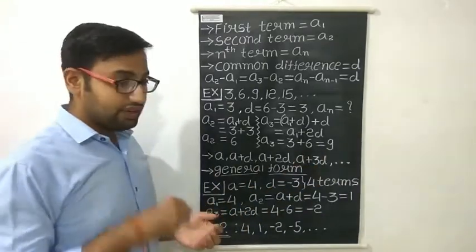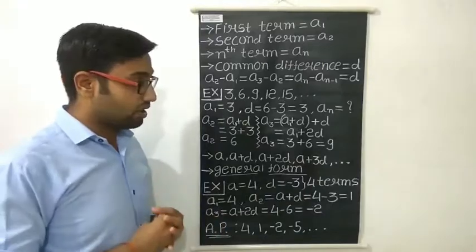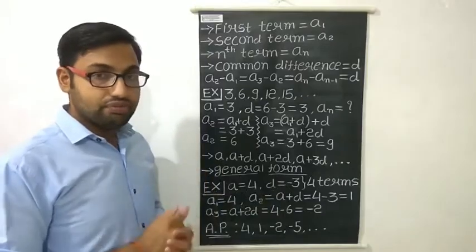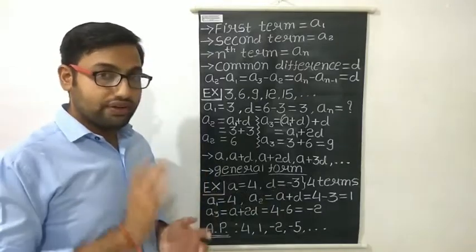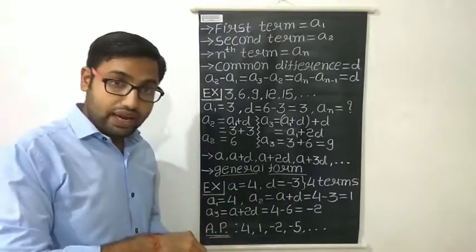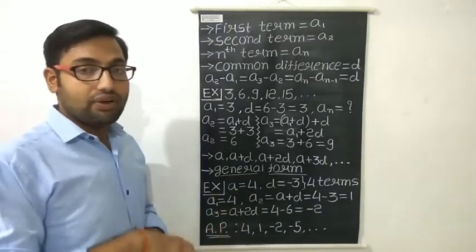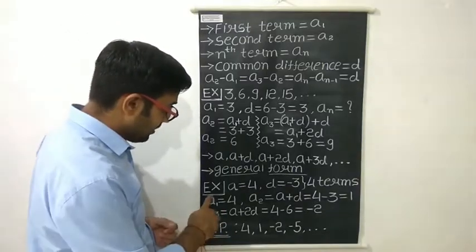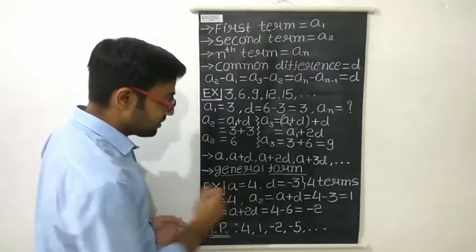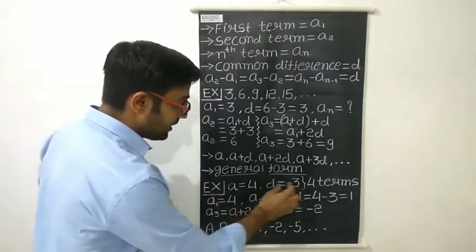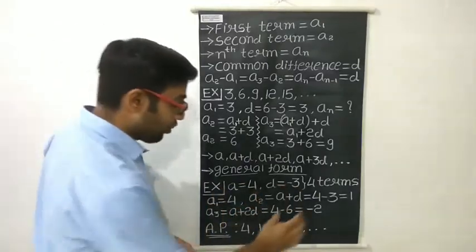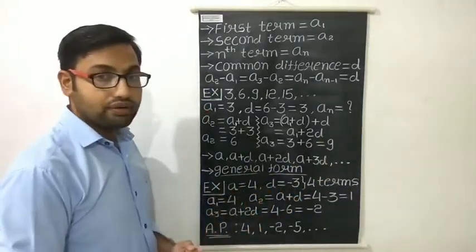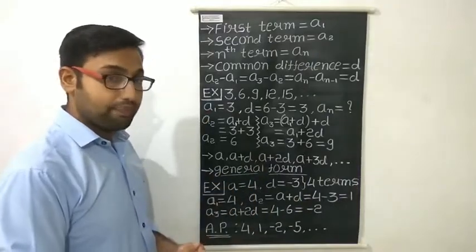Okay. So what is the minimum requirement to prepare an arithmetic progression? Only the first term is required? No. Only the difference is required? No. The first term A and common difference D, both are required to prepare an arithmetic progression. Take an example. Let's suppose the first term is equal to 4 and the common difference D is equal to minus 3. And we want to find the four terms of an AP represented by these two numbers, right?